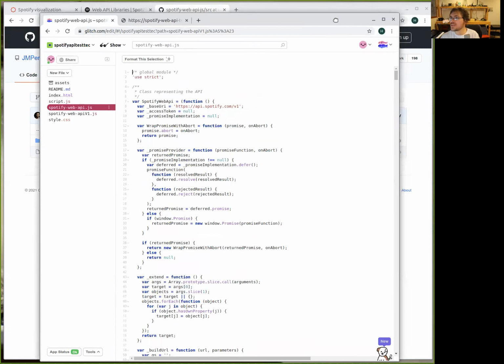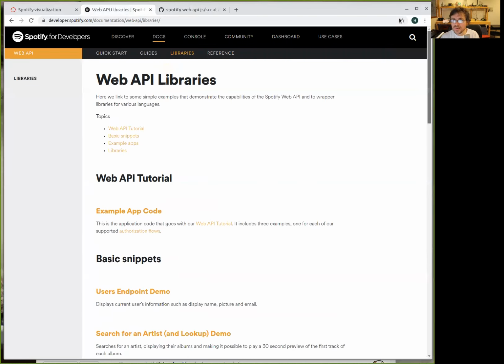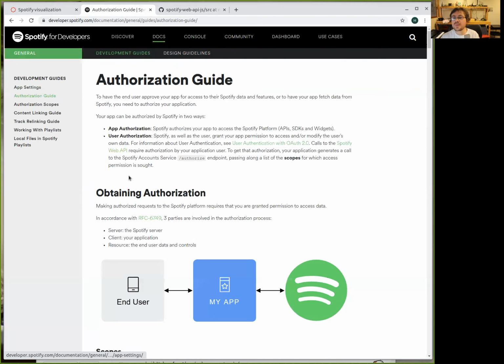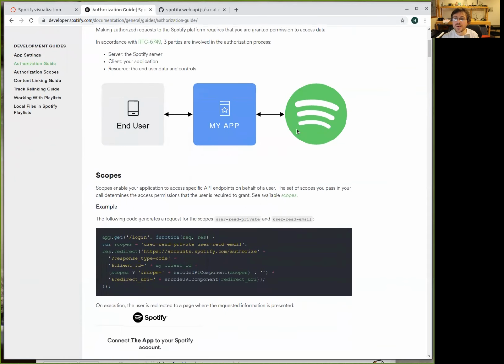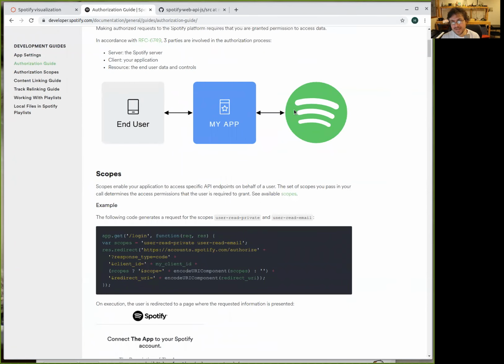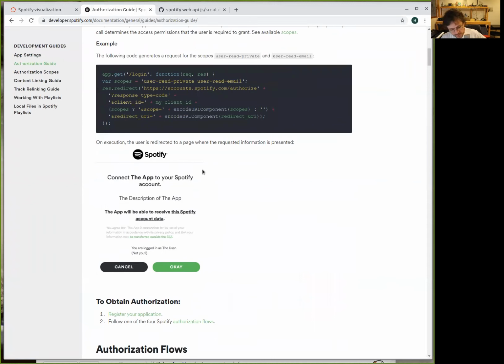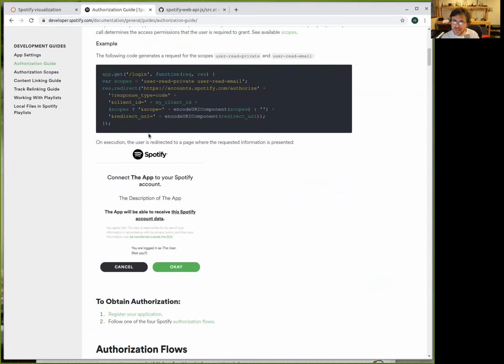Why? I'm not going to spend a lot of time on this, but if we go back to the connections, and you go back here to the guidance, and you go to the authorization, obtaining a key. This long example is explaining the different ways for connecting between Spotify and your applications. And basically it's telling you two options. One option is creating an application. Do you follow what I'm explaining?